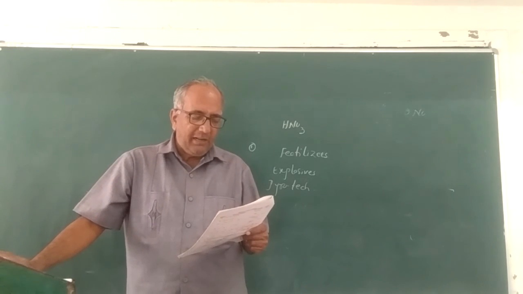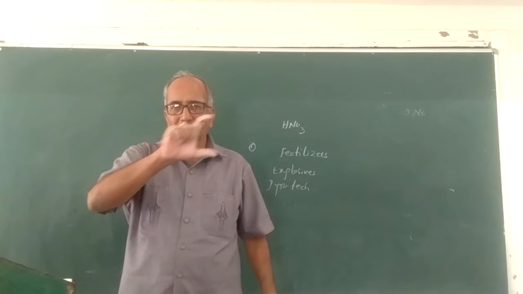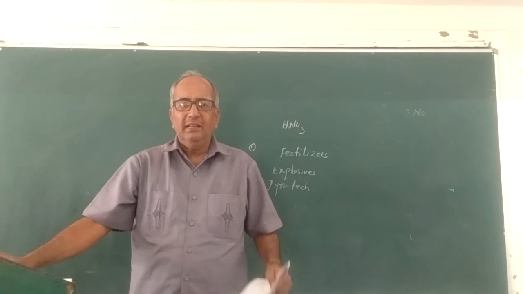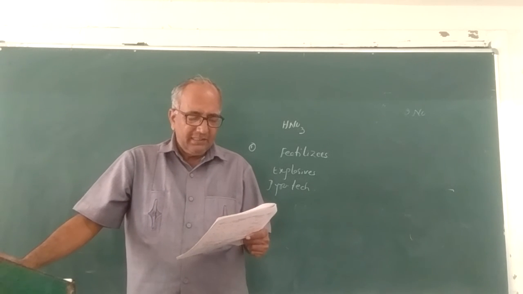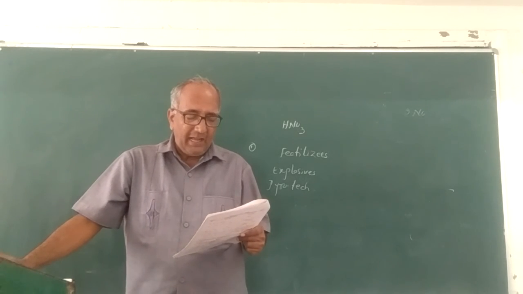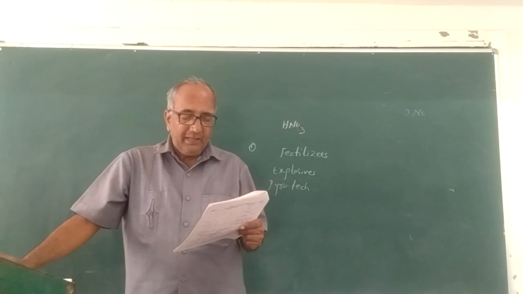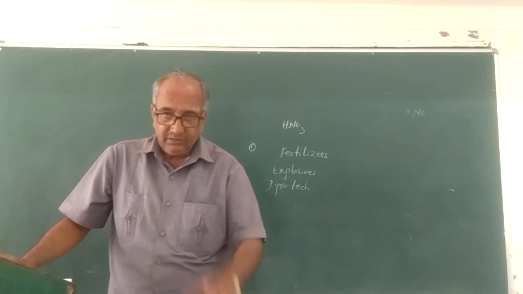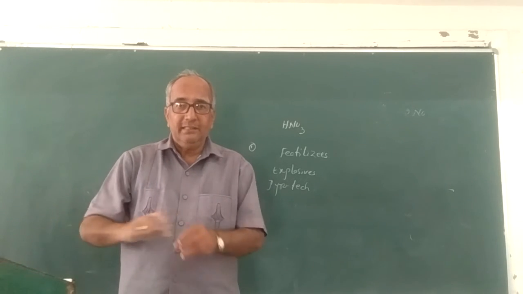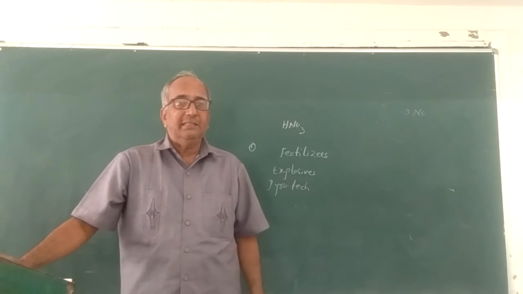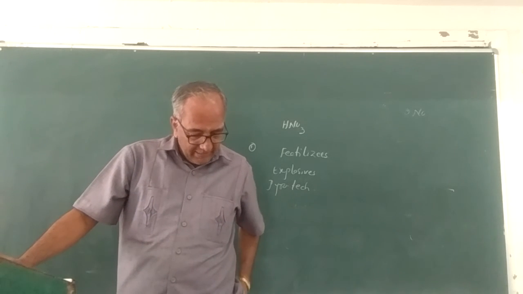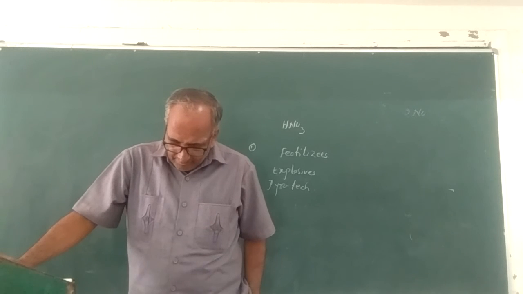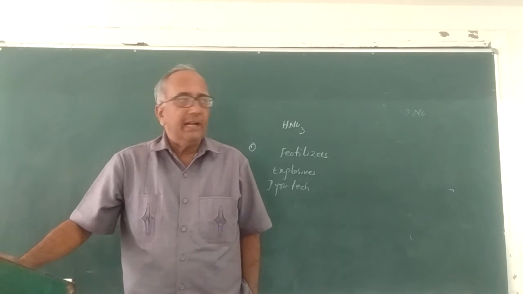And also in the cleaning of stainless steel, that is if there is any rusting, it is removed by the action of nitric acid. Then etching of metals, and as an oxidizer in rocket fuels. Nitric acid is used as an oxidizing agent in rocket fuel. So these are some of the uses of nitric acid.